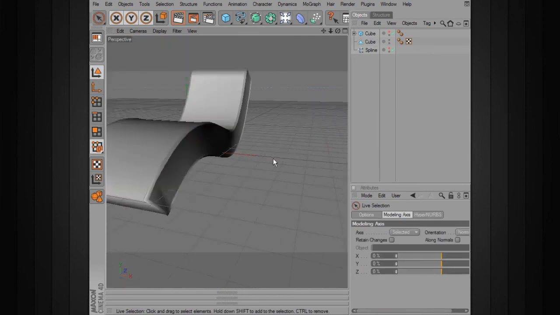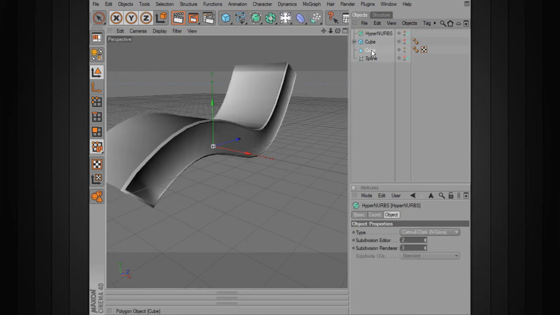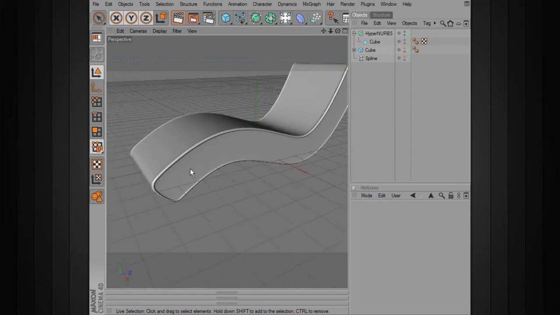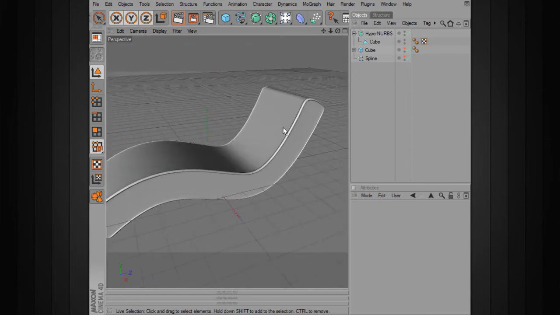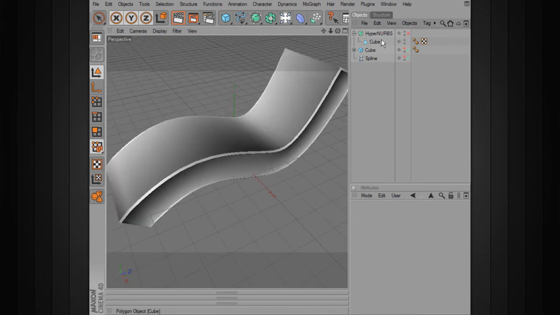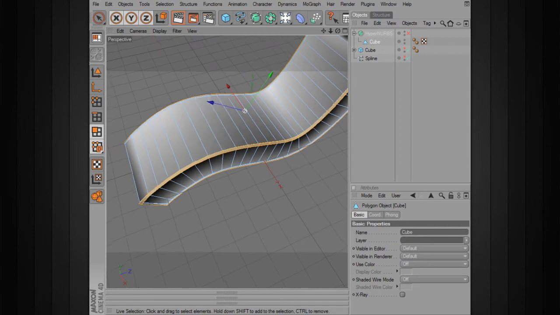Now to preview what that's going to look like, we can go ahead and drop in a hyperNURBS, drop our cube into the hyperNURBS, and you can see we have this little seam there. So the next thing we want to do is create our cushions. So I'll go ahead and turn the effect of the hyperNURBS off, go to a polygon selection, and now I'm going to define maybe